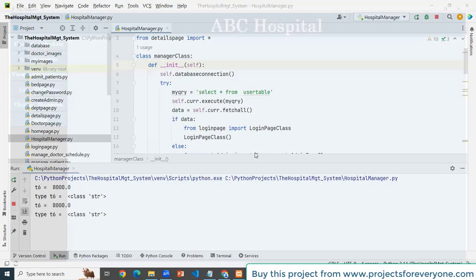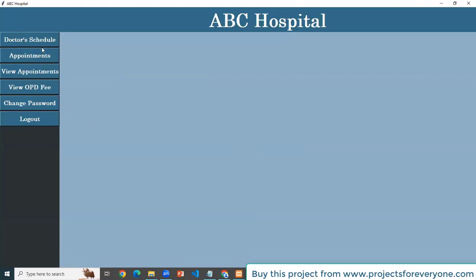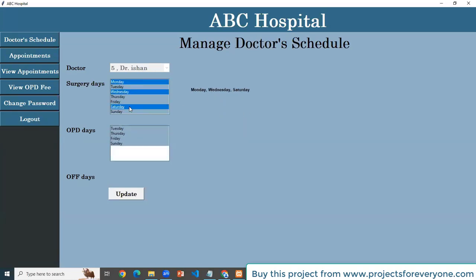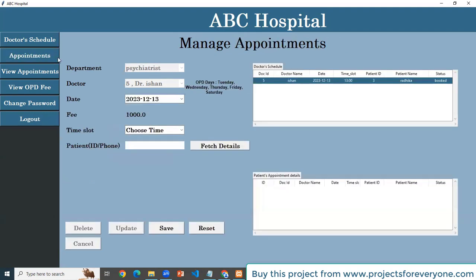Now log in with a different user, this time with a doctor. You can see there are different options available. Here we can also view the schedule of the doctor, but only the logged-in doctor can see his own schedule.